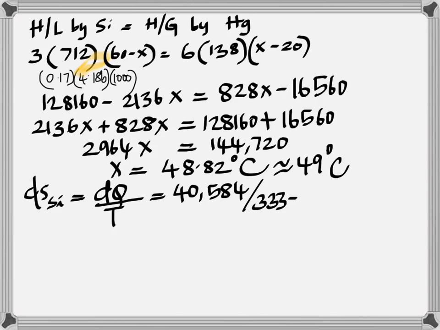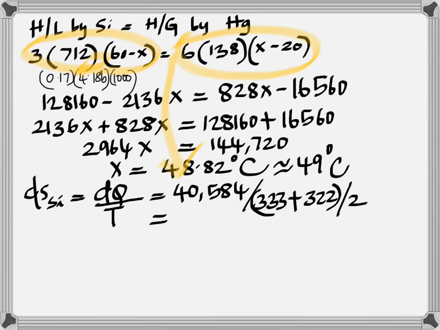Now change in entropy is dQ by T. Where did I get this 40,584 from? It's just one of those. Both are equal, so either this or this one would give you 40,584. That's the quantity of heat either lost or gained, divided by the mean temperature. So that gives you